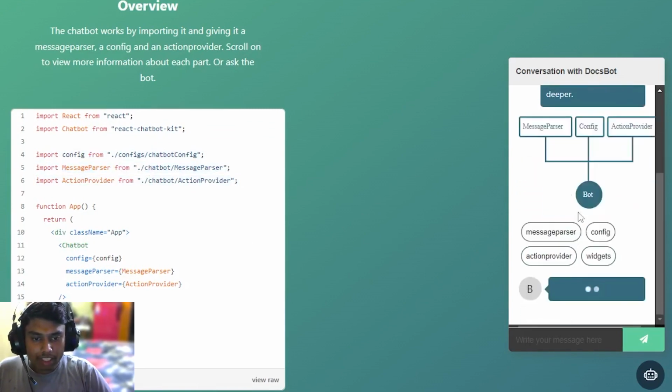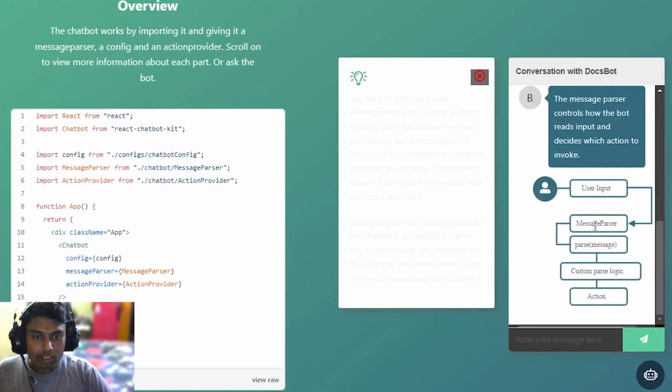When we click on message parser, we can see that the message parser controls how the bot reads input and decides which action to invoke. Let's say the user has input hello. The message will go to the message parser, which parses it, and in the parse function we write the custom logic.